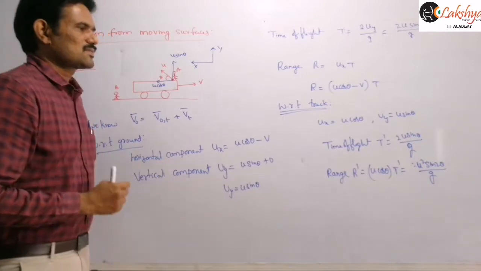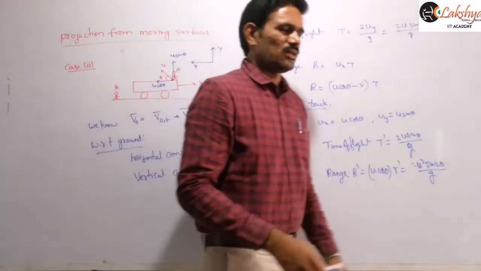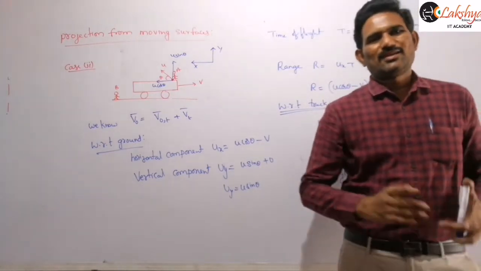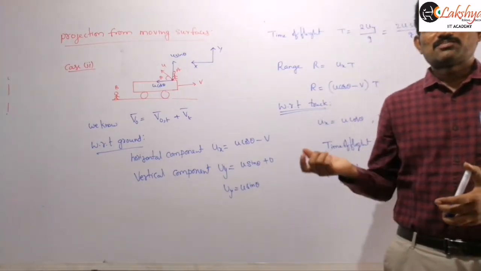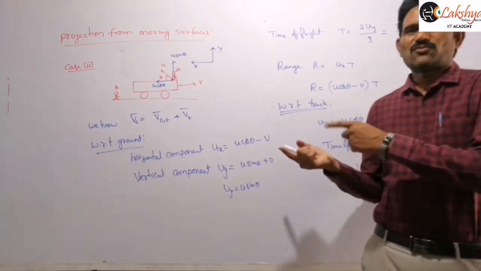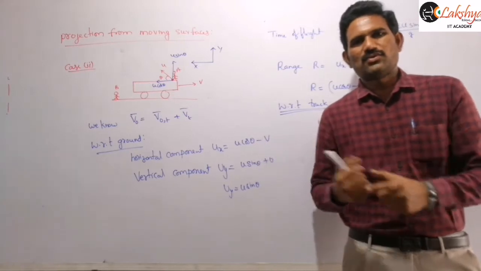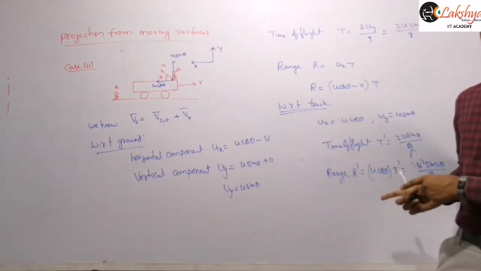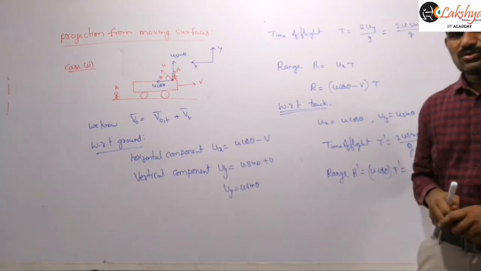And next here, one more important case will be there like that. So what will be the velocity of the truck if the object appears to be traveling vertically upward? Then here if I ask about the trajectory of this object, again either with respect to the ground or with respect to the truck, it appears as a parabola only, right?